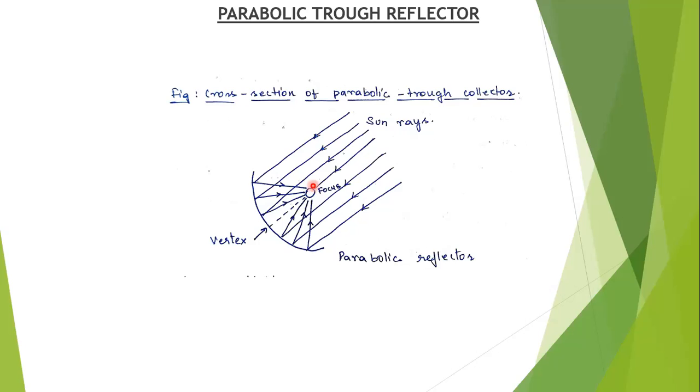So either the trough or cylindrical reflector or the pipe is turned by partial rotation around a single axis parallel to the trough length. Trough type collectors are generally oriented in east-west or north-south directions. If you orient it east-west, the collectors are laid flat, parallel to the ground, in the east-west direction. East-west means like this. North-south means like this.